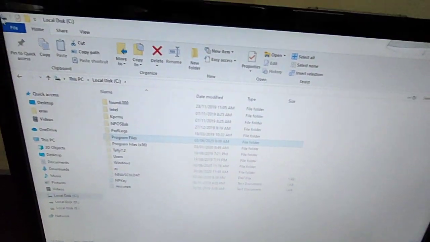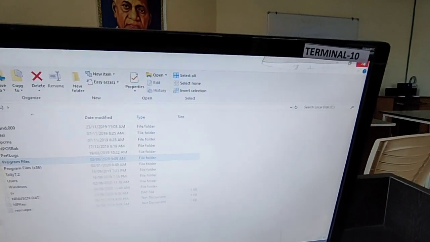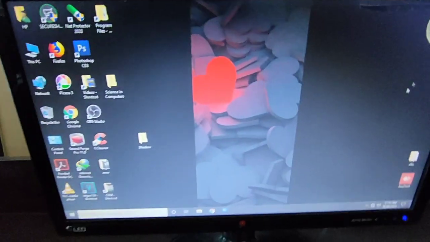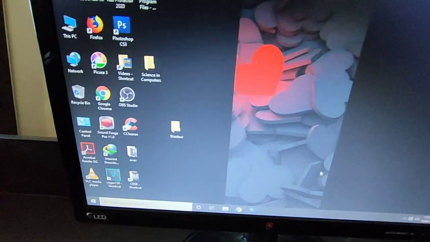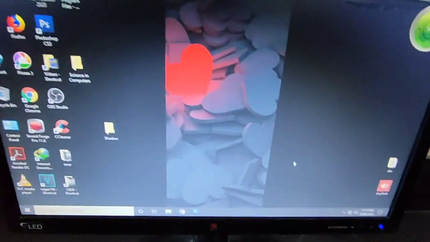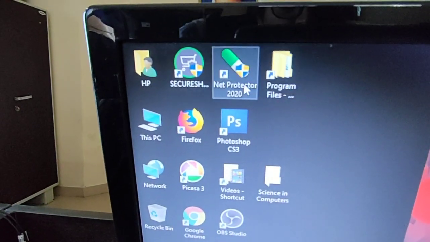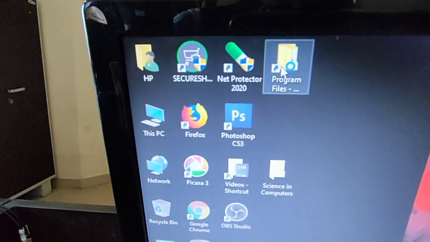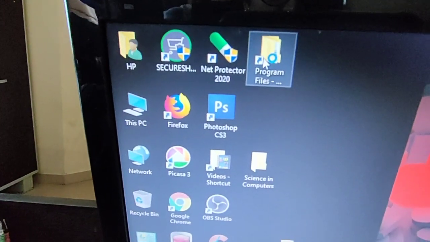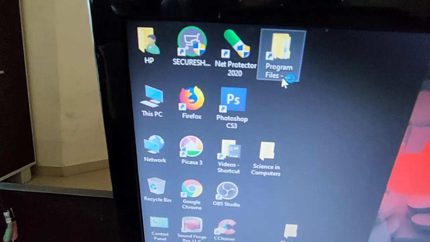Yes, now I am going to close my program, and yes, this program file is your shortcut on the desktop. And how do you understand this is your shortcut?